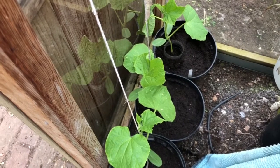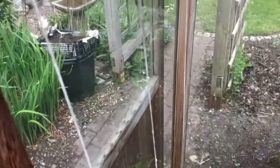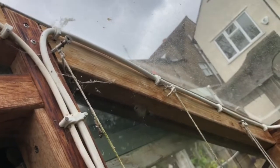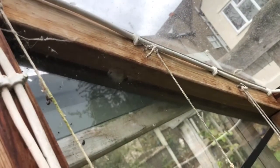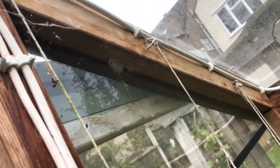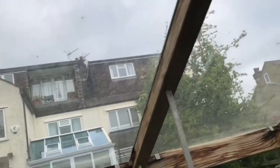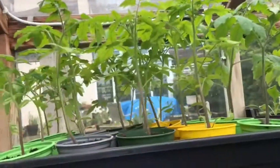I've got a few more left, and as I said, this is a wooden frame greenhouse, so I've put some hooks right at the very top and tied the strings up there. They get right up there. Sometimes I have to put some strings across the tops once all of these tomatoes have gone,